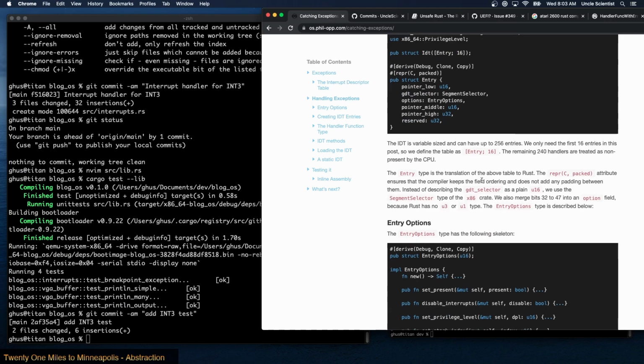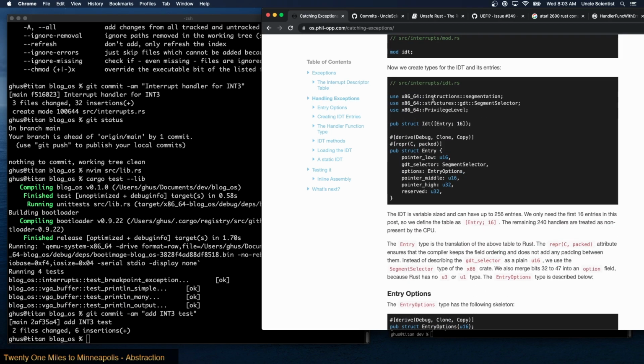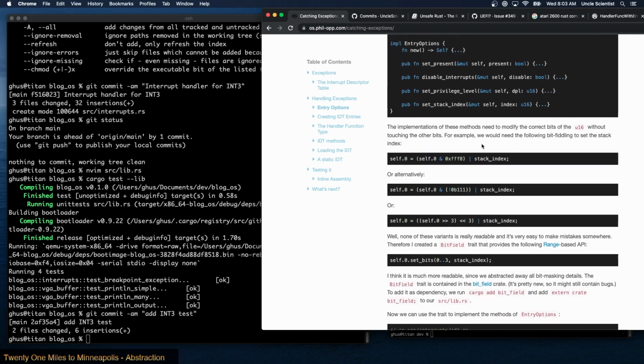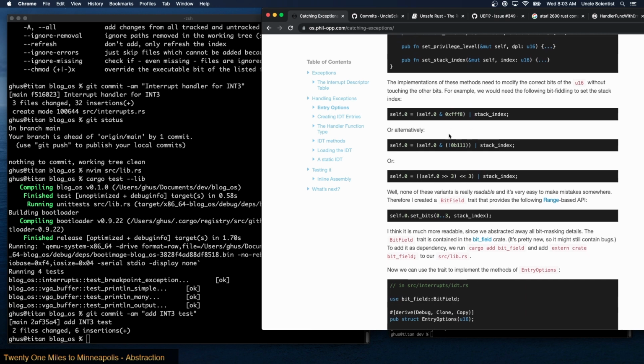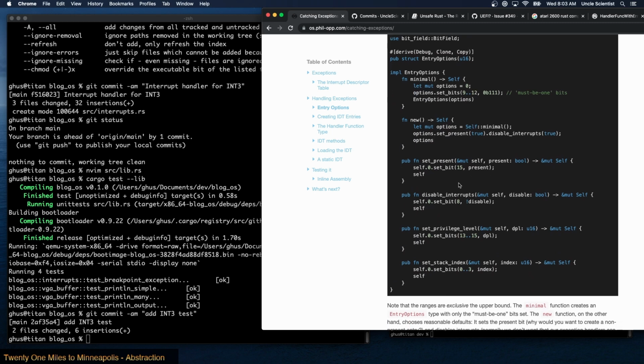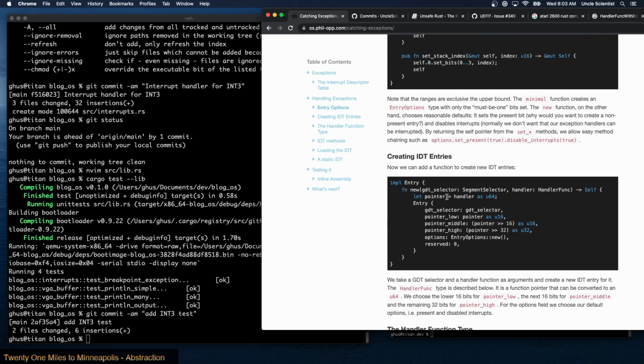Yes, this is similar, but we had a lot more work to do in order to handle the IDT. There's an entry. So they basically took the blog post and made a crate out of it. Some bit fiddling needs to go on. Yeah, so you really learn the guts of it if you do it this way. But if you have the x86 crate,